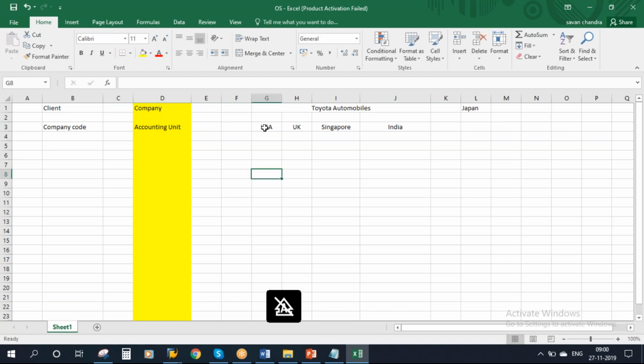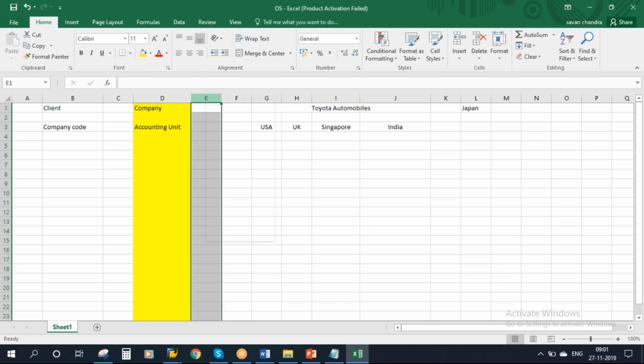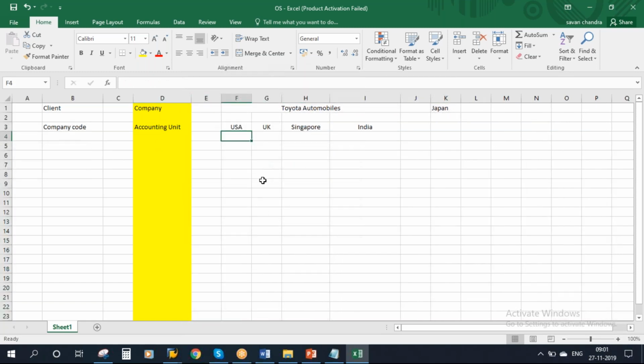Whatever they do in the US, manufacturing, sales, distribution, to generate the report at country level, for USA they will create a company code. Let's say they will give a code like this: for USA 1000. For UK they will create a separate company code, say 2000. I'm just giving examples.